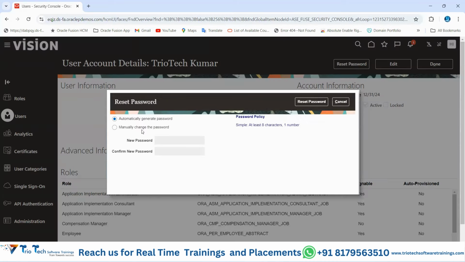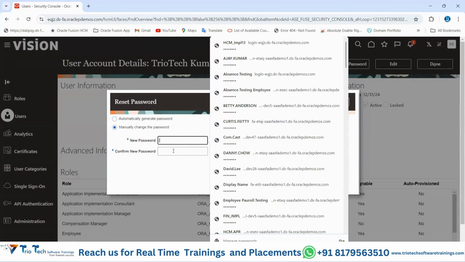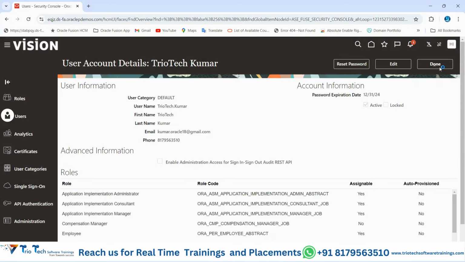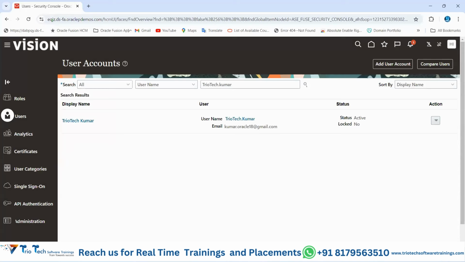If the admin manually wants to change the password, select here and you can change the password and share it with that user. This is the new password of yours, team. Like that, password reset can be done here. Then team, on the user account page only,